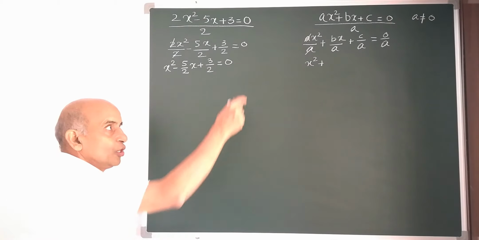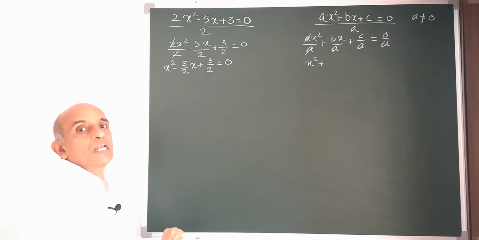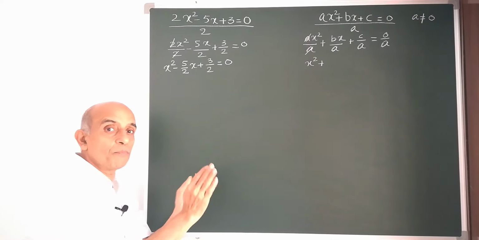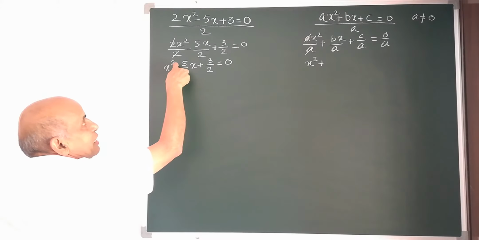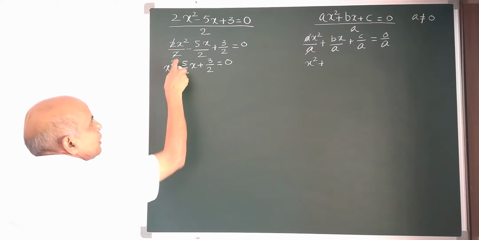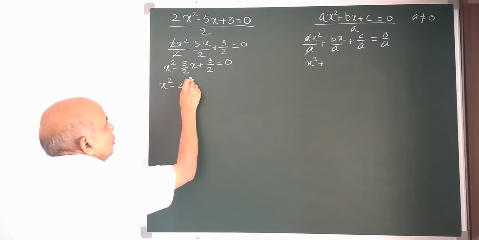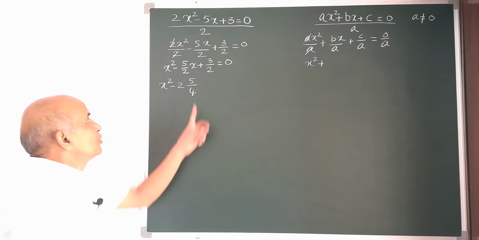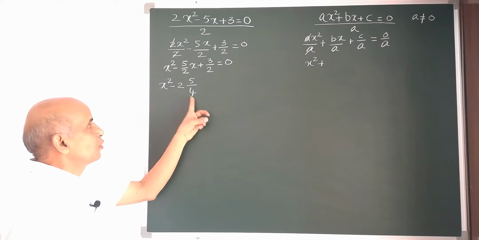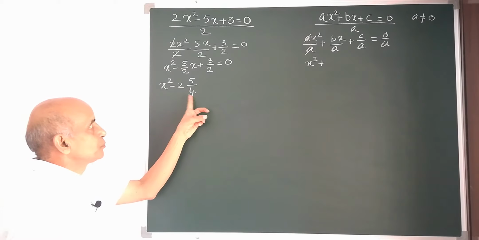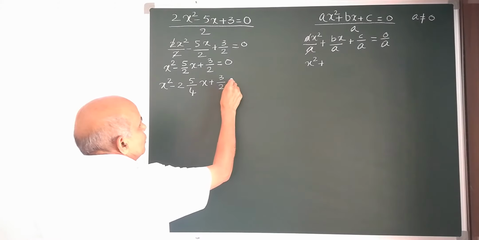Square we have taken, 2 rectangular pieces we have taken, and we have readjusted the rectangular pieces in order to complete the square. So, here we should have 2. So, we will multiply and divide with 2. This becomes x square minus 2 into 5 by 4. This 5 by 2 can be written as 2 into 5 by 4 because 2 gets cancelled. This becomes 2 of x plus 3 by 2 is equal to 0.